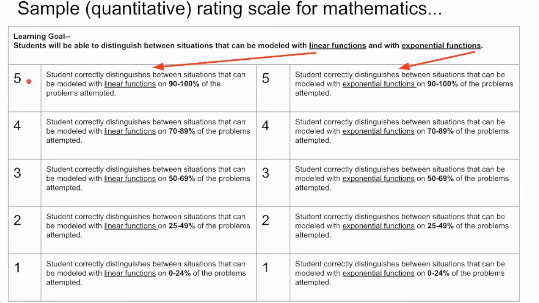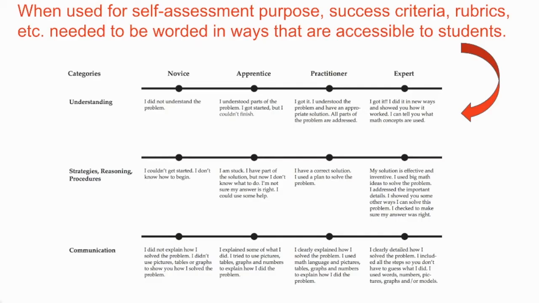A rating of 5 represents that students correctly distinguish between situations that can be modeled with linear functions 90% to 100% of the problems that they attempt. A slightly lower level on the rating scale is based on a student who can do the same skill with 70 to 89% accuracy, and so on and so on. Now, whether we're talking about descriptive scales or quantitative scales, when they are used for self-assessment purposes, success criteria, rubrics,